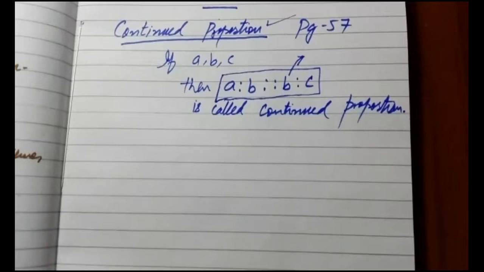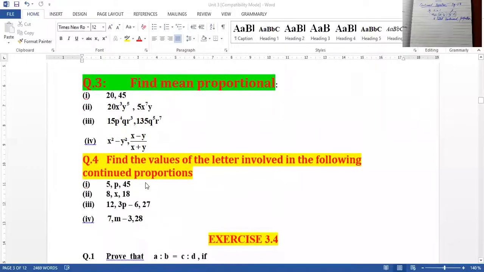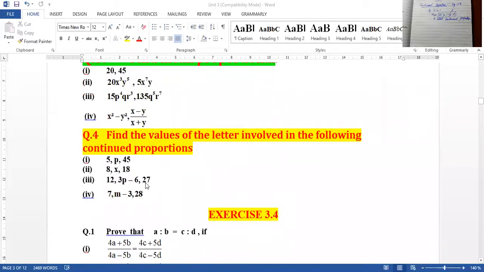So let me start the question. We are on exercise 3.3 and the last question. Find the values of the letters involved in the following. I also share with you on the page the definition. I'm working on question number 4 now. Find the values of the letters involved in the following continued proportions. So for continued proportions, how to start the question? You will simply write the statement, for example, if we start question number 4, part number 3,